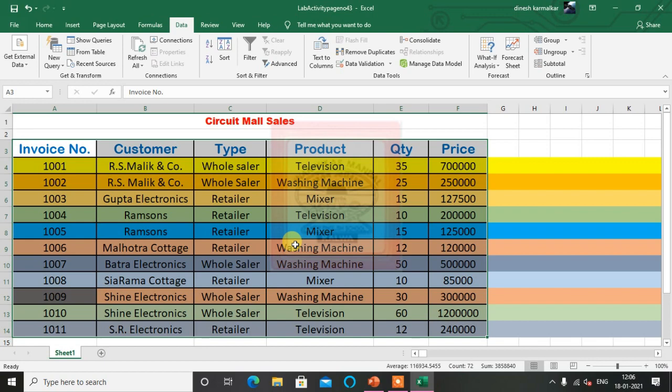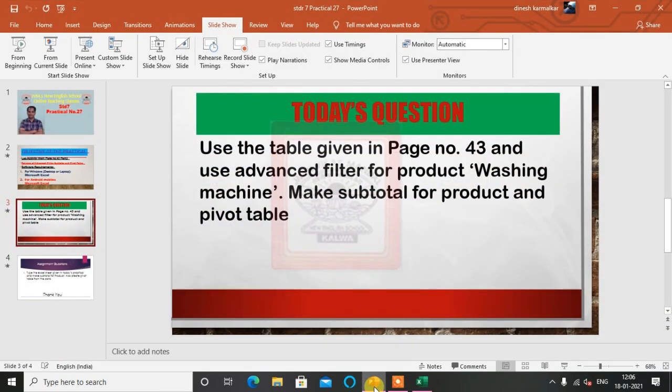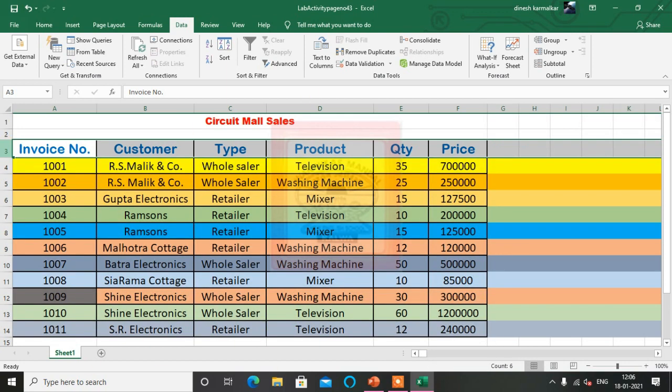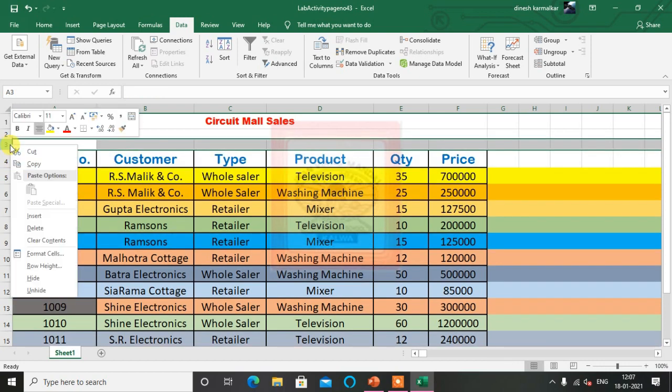Now what is it for advanced filter? As given here, the advanced filter will be based on the product washing machine. So for that, first of all we have to make some more rows here. A total of 4 rows I have to insert.